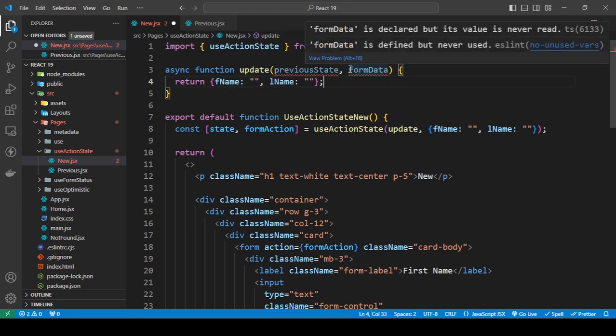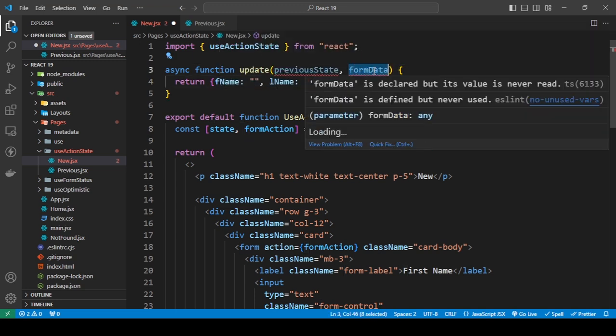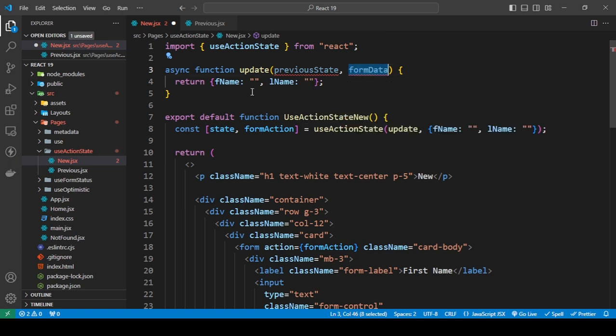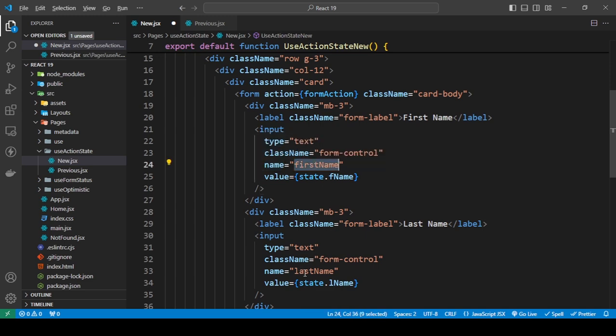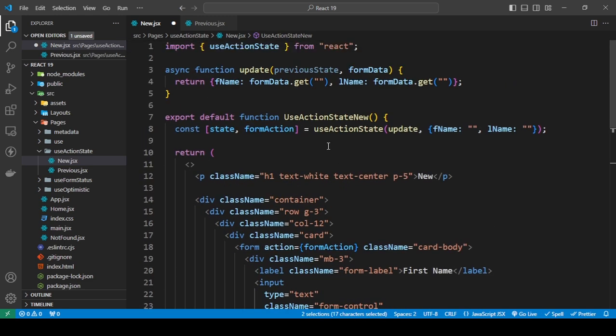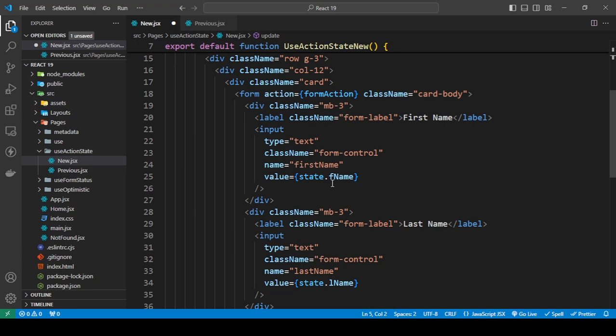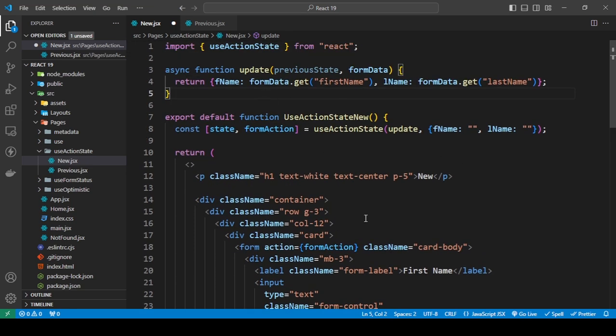Now you see this, right? The form data. I'm going to use this, and in this I'm going to take in the name, which is first name and last name, okay. I'm gonna put them here, okay. So what is going to happen is when I submit this data, right,